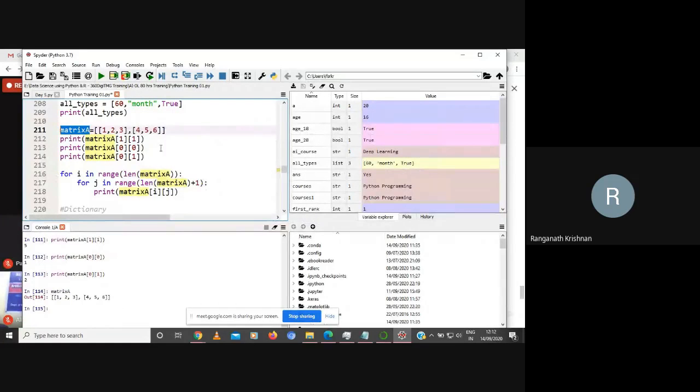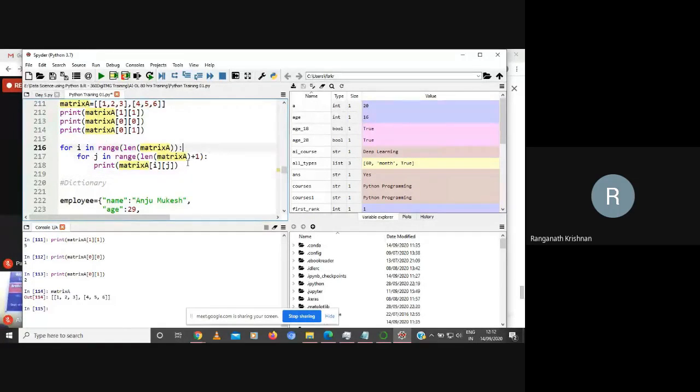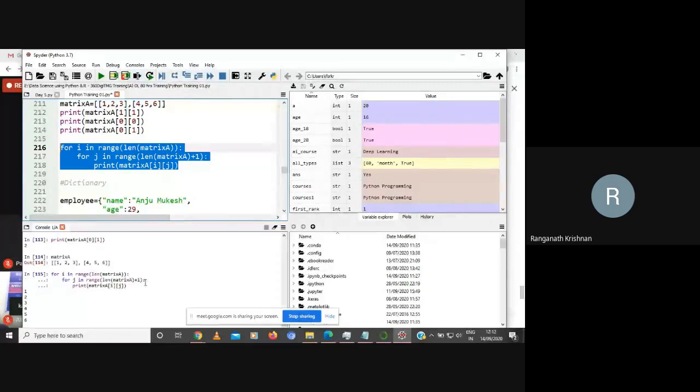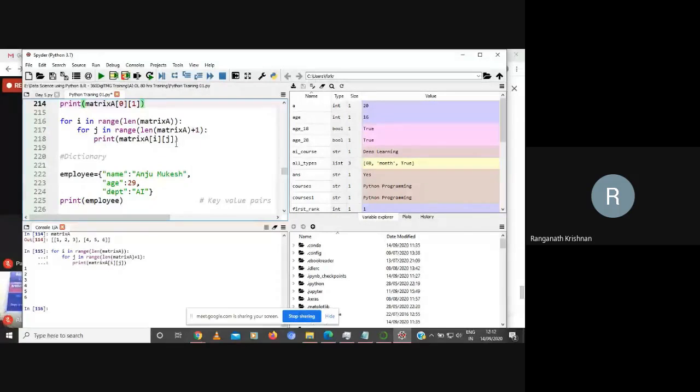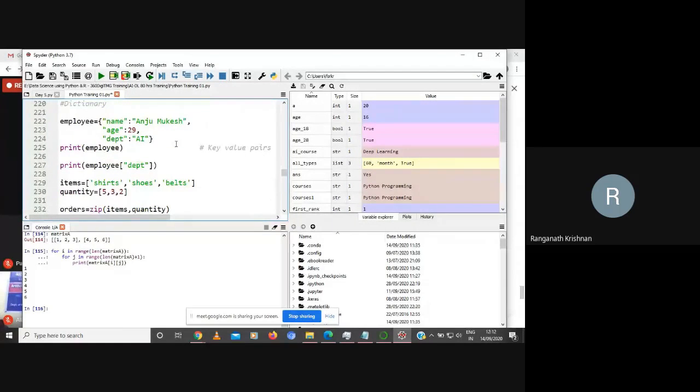Okay. So you can also check the length of the matrix. I'm going to say print matrix of I to J. This is the for statement. See here. It will just print 1, 2, 3, 4, 5, 6. So this is very simple. You can create matrix arrays, vectors to scalars. Right? Now we're going to be looking at a very important thing which we will use a lot.